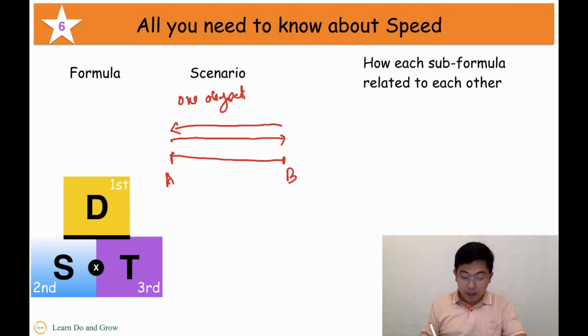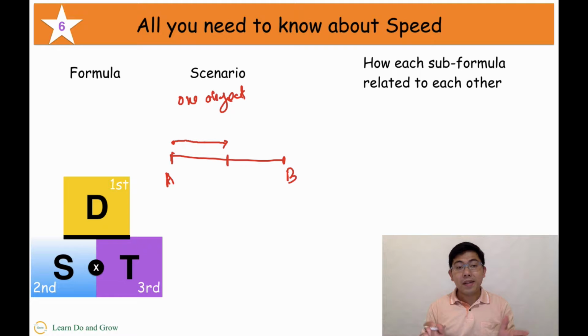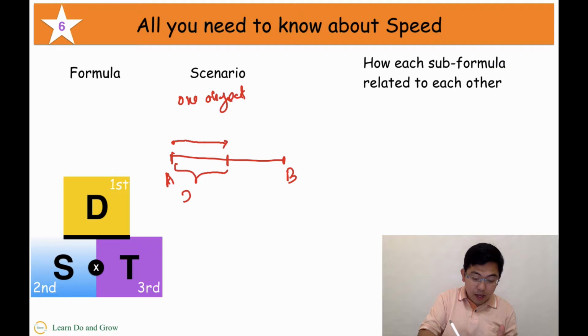Now I'm going to make this a bit more complicated. So now one object, but I start at this time and I stop over here. When there is a scenario like this, I can consider this as D1, maybe the first part of the journey. And when there is a D1, of course, the object travels at a certain speed, so that would be